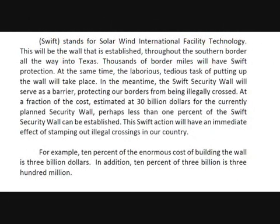SWIFT stands for Solar, Wind, International Facilities Technology. This will be the wall that is established throughout the southern border all the way into Texas. Thousands of border miles will have SWIFT protection. At the same time, the laborious, tedious task of putting up the wall will take place. In the meantime, the SWIFT security wall will serve as a barrier, protecting our borders from being illegally crossed